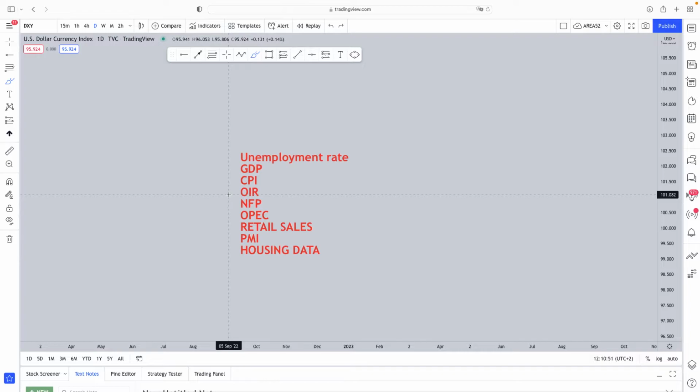to measure that. However, the Federal Reserve, the Central Bank of the USA, uses what's known as the PCE, which is the Personal Consumption Expenditure Index, instead of the CPI. So if you're trading the dollar, which most of us do, and you want to anticipate the future interest rate landscape, you can also use the PCE index.